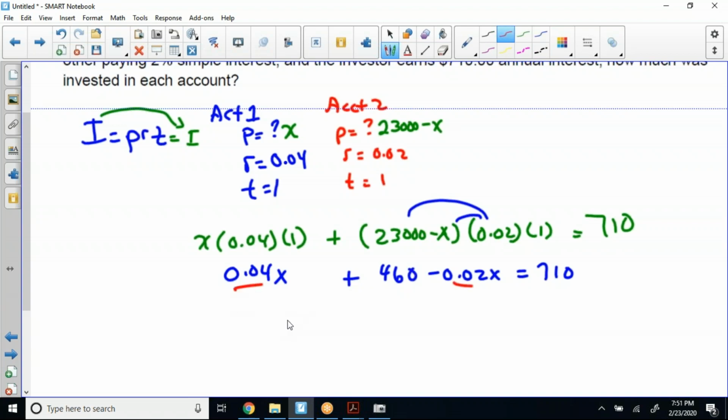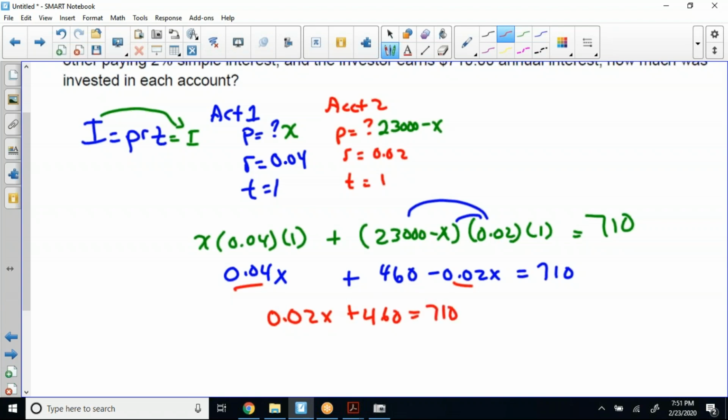Let me do that again. 0.04 plus negative 0.02 is 0.02. So 0.02x plus 460 equals 710